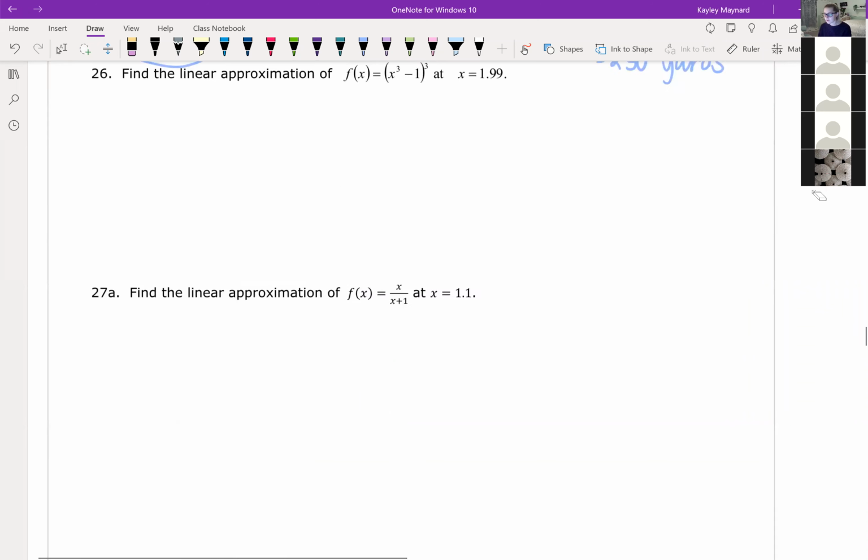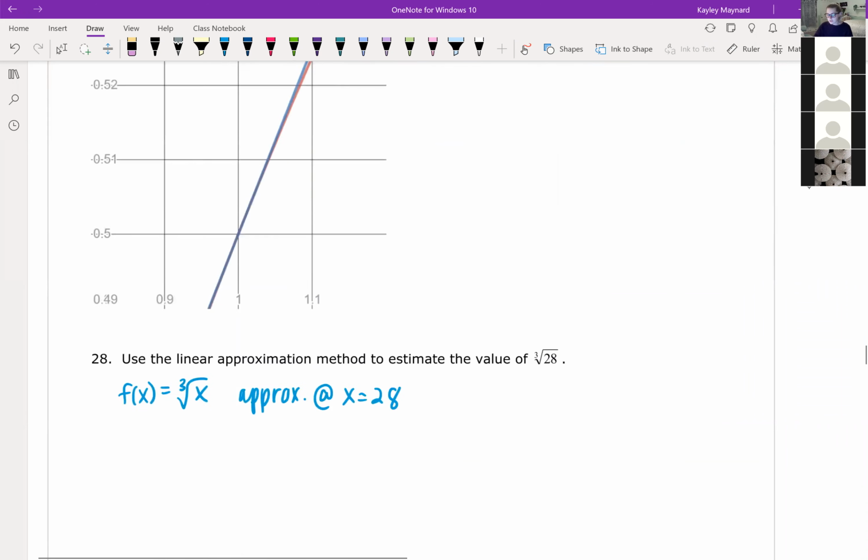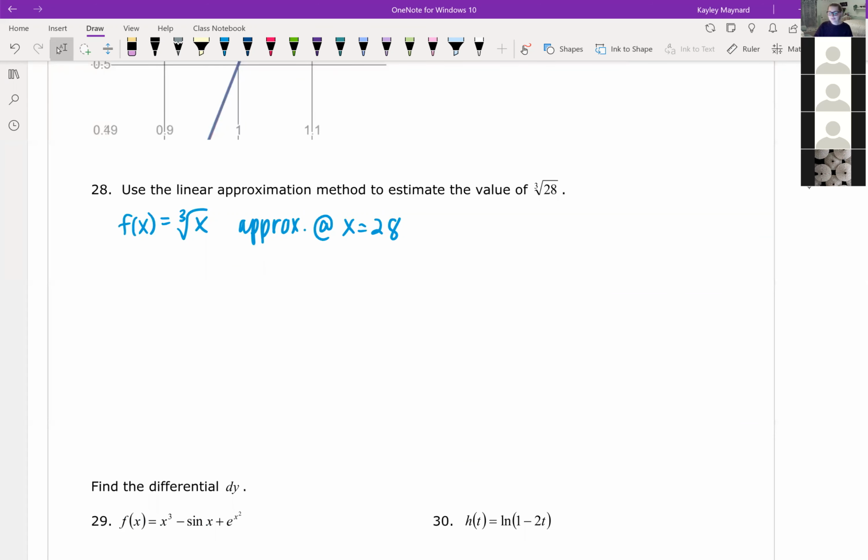And in most of these examples, they're decimals. So like 1.99, you would pick 2, 1.1, you pick 1. However, in question 28, it's a whole number. Well, that's ironic, 28, 28. Sorry. So you're given a whole number. It's not really clear what you should find the tangent line at. So I'm just going to pick 27. It's close to 28. That's fine. The closer the tangent line to what you're approximating, the better. But that's fine. We'll just use 27. So our goal is to, 1, find the tangent line